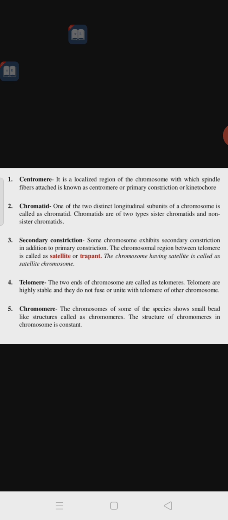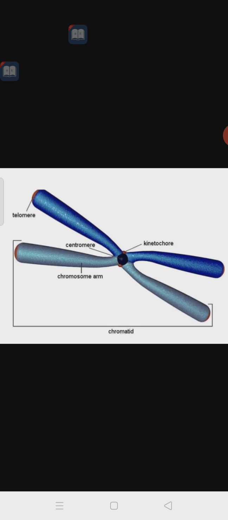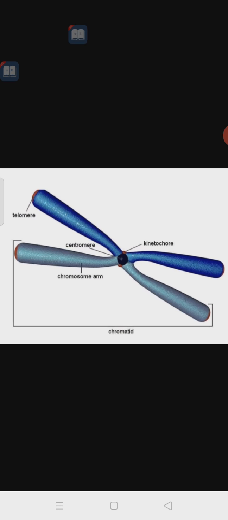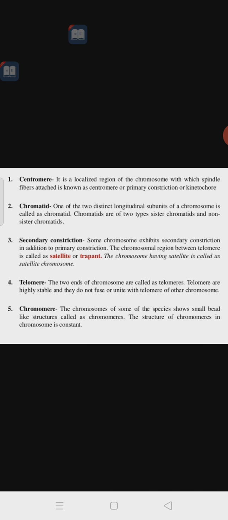Chromatids are of two types, sister chromatids and non-sister chromatids. This one chromosome we call the sister chromatids, because the two chromatids of the same chromosome are called sisters. If one more chromosome is present, then a chromatid from this chromosome and one from that chromosome we call non-sister chromatids. The chromatids of the same chromosome we call sister; the chromatids of different chromosomes we call non-sister chromatids. Those are the two types.